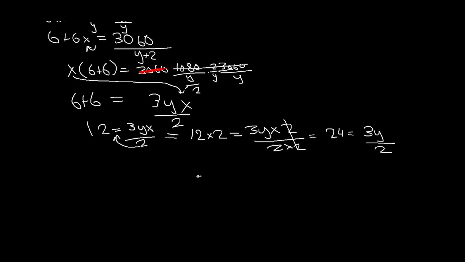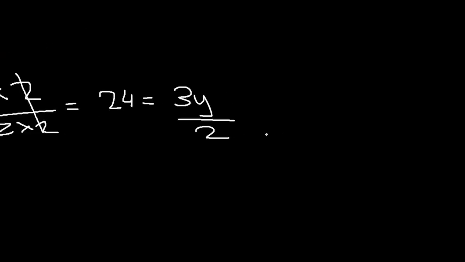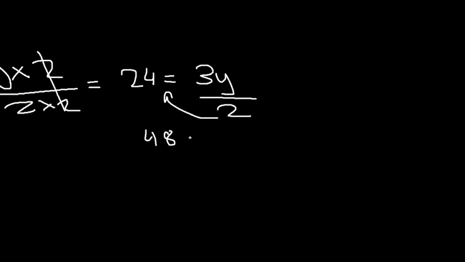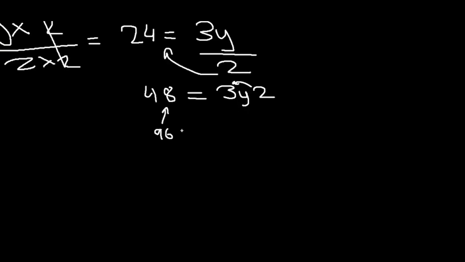And then if we look back at the original equation, and then I think you multiply this by 2, giving us 48 equals 3y2, and then you multiply this by 2 and this by 2 also, which would be, where's my calculator, which equals 96 equals 6 times y, because